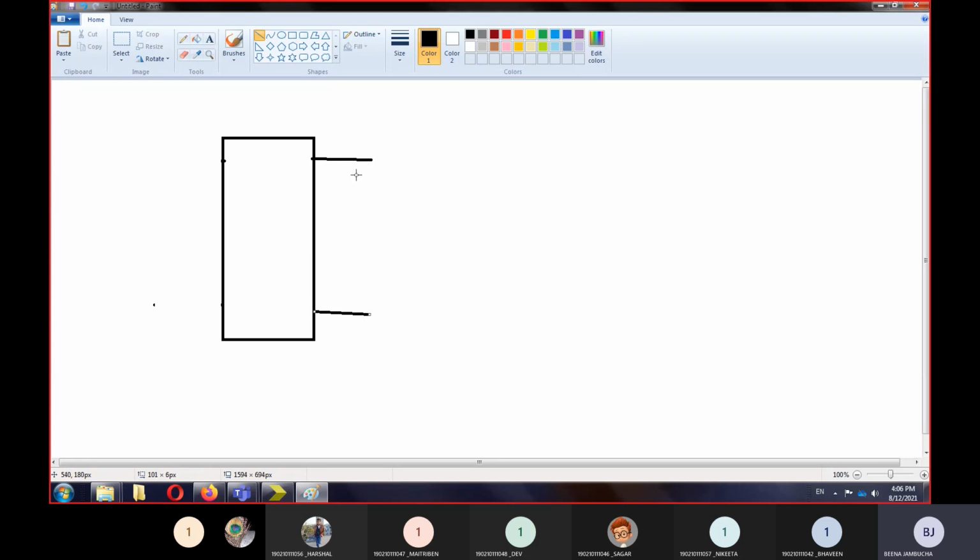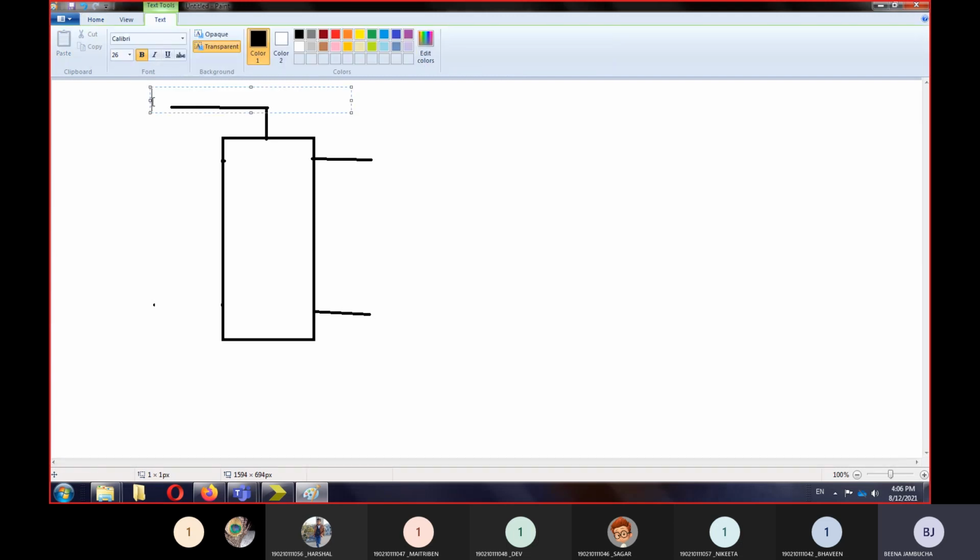That we will have 8 output lines, and we are going to make it up as well as down counter. So for that we'll have to use one controlling parameter, and we will call it mode. This is the mode line, right? And this is the output line,